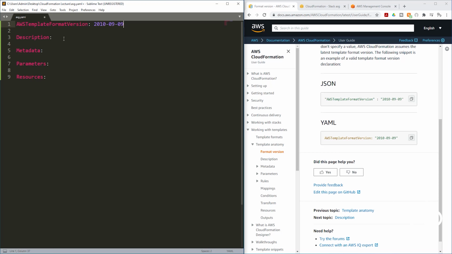The next section we are going to create is our template description. And for our template description, I'm going to enter: this template creates autoscaling group. Just like we did in the previous lecture, we are going to skip the metadata section and create our parameter